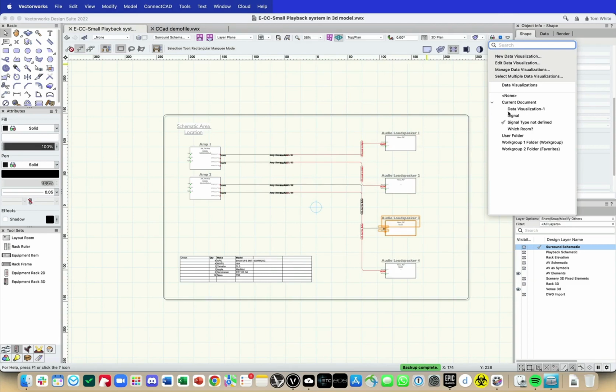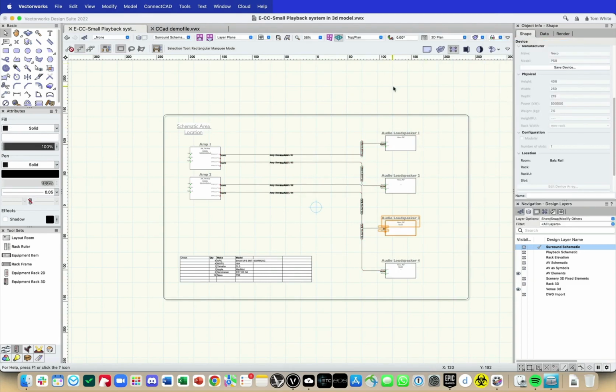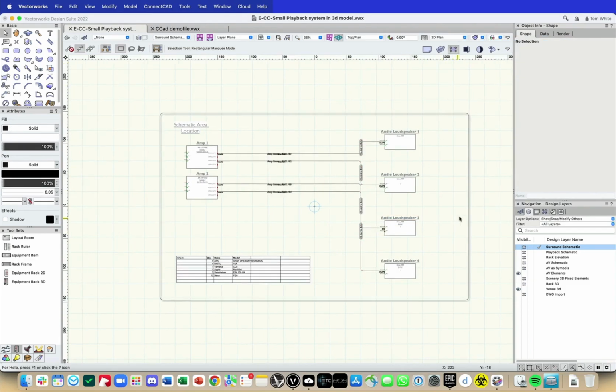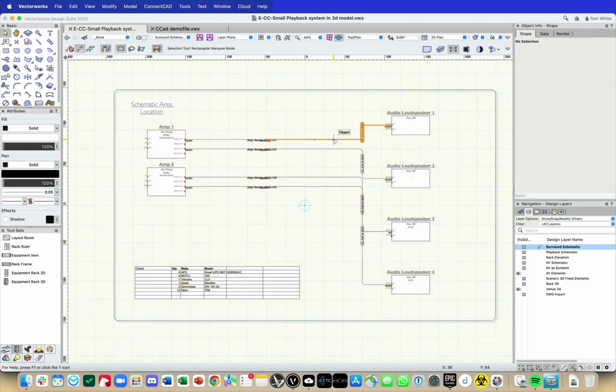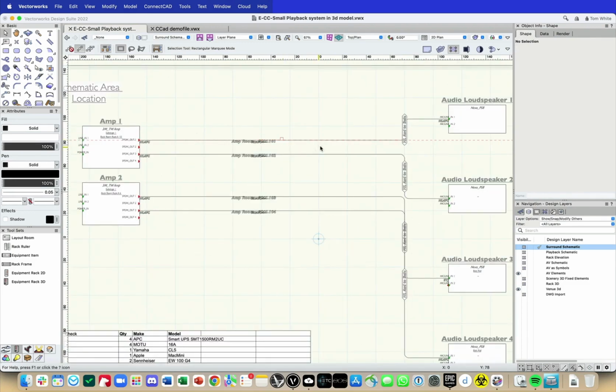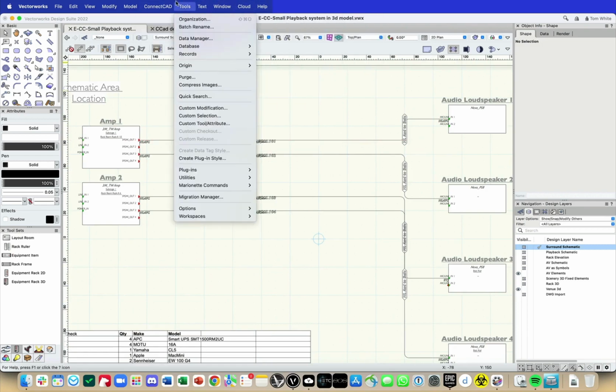So data visualization is an incredibly powerful tool for this workflow. It's really useful. Okay, lastly then, let's now have a look at what happens when an engineer goes on site and plugs this information in. Okay, so let's now just create for ourselves a